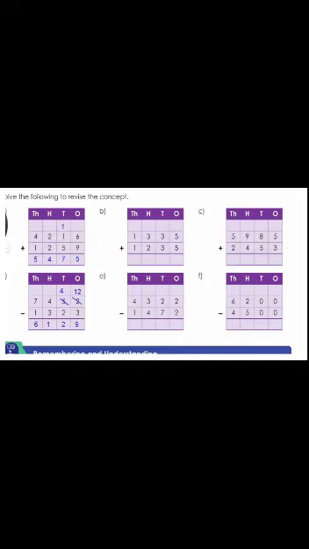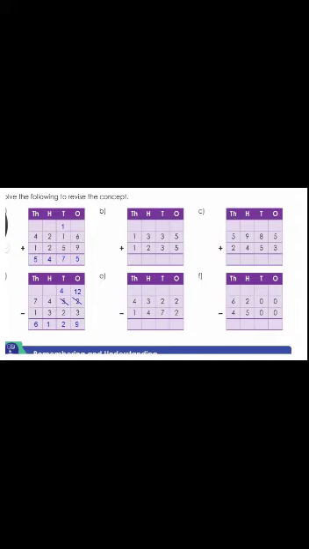The first number is 4,216 and below it is 1259. So 6 in the ones place, we will start from the ones place, that is 6 and 9. We will add 6 and 9, that is 15. So we can't write a 2-digit number in one box, so we will write 5 below 9 and 1 on the top of 1. Empty boxes are given there, we have to write 1 there. So this is called regrouping. A 2-digit number is there, the one we have to write down and one above as a carry forward number. It is said to be.